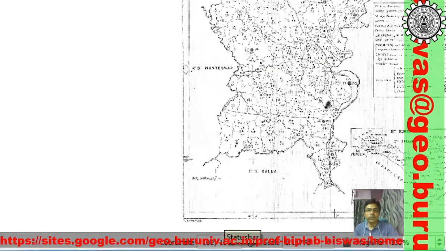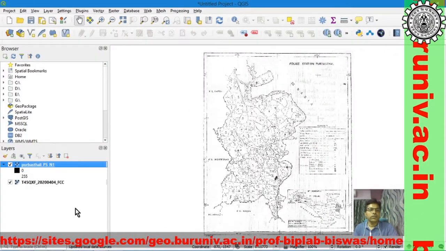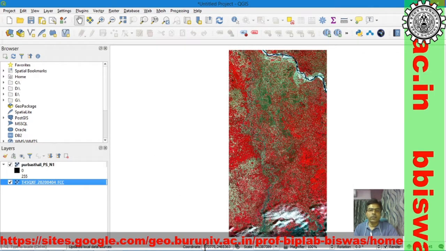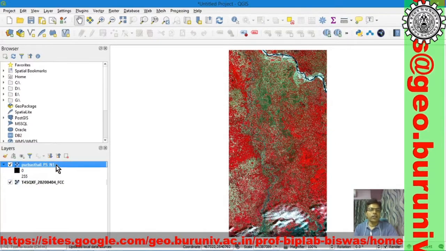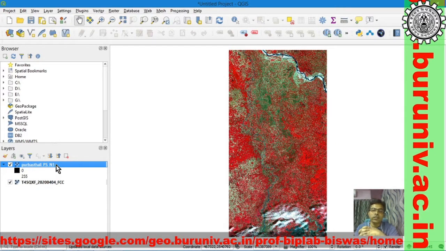This coordinate information is not geographic data, and if I see this UTM value, the UTM value and the value of the Purvastali image are not matching.